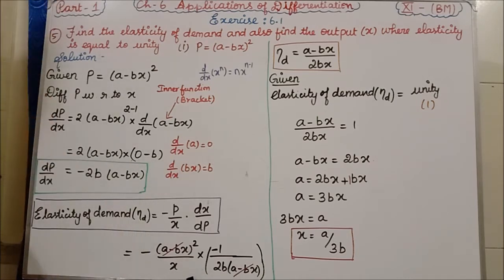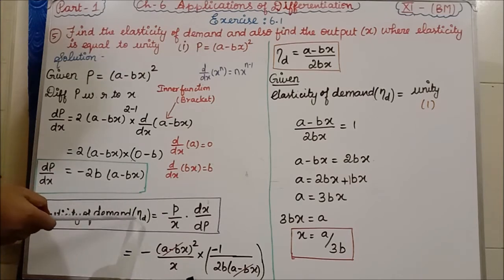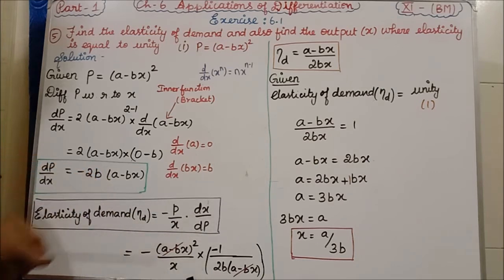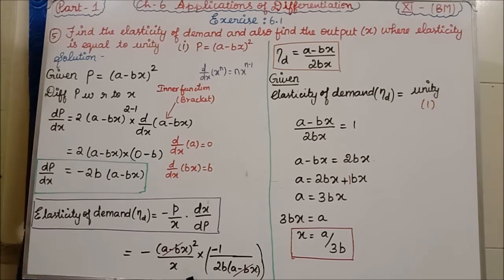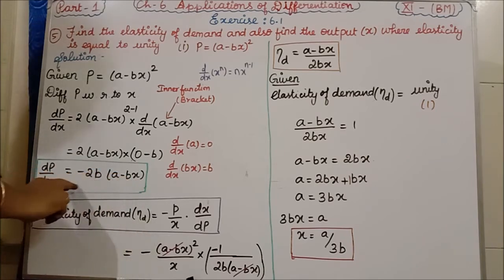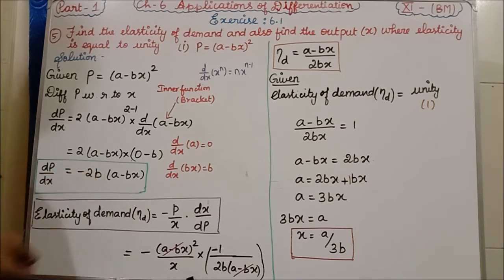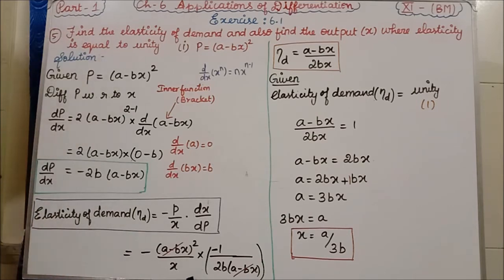Now only we are entering into the question. What do we have to find? Elasticity of demand, eta D, we have to find. What is the formula? Minus P by x into dx by dP. Now you notice here we have found dP by dx, but in the formula we have dx by dP, which means what we have to do? We have to take the reciprocal. So for dx by dP, on this side also you have to take the reciprocal. In the denominator nothing is there, so consider 1; that 1 goes up and this comes to the new denominator.